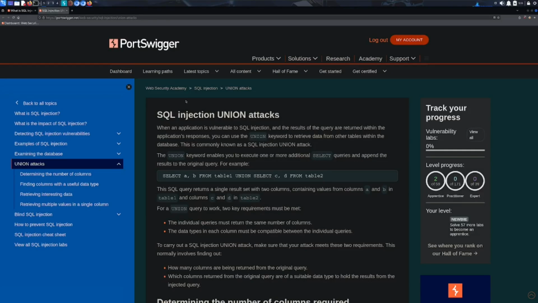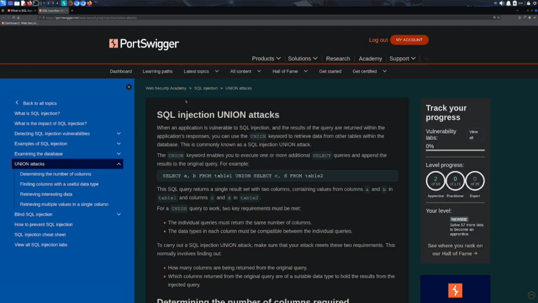Well, if you have other tables, such as a users table or something like that, I could do a union injection, and as long as I'm able to do that, I could enumerate how many columns you're initially grabbing,